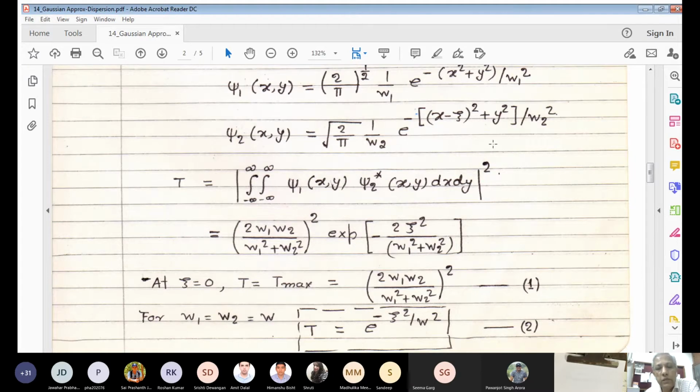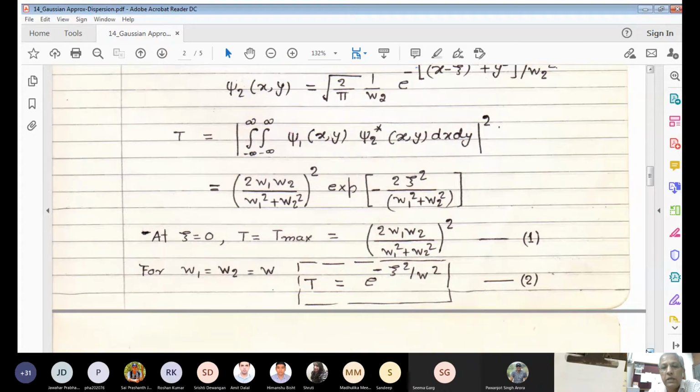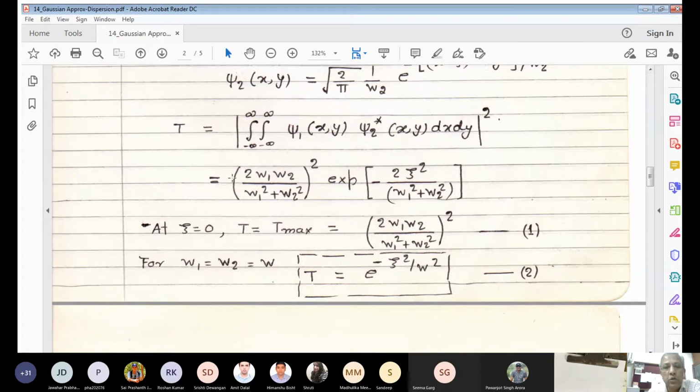And fortunately, this can be evaluated analytically. This integral is given in the book Optical Electronics by Professor Ghatak and Thyagarajan. So you can go through it, it is a standard integral and you can integrate it easily. Now if the two axes of the two fibers are misaligned by a distance xi, then this is the power which would be coupled from one fiber to another fiber.